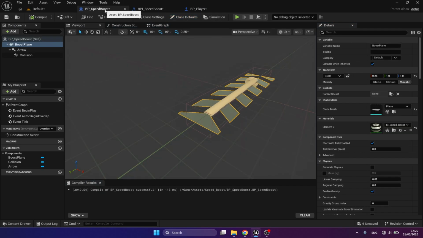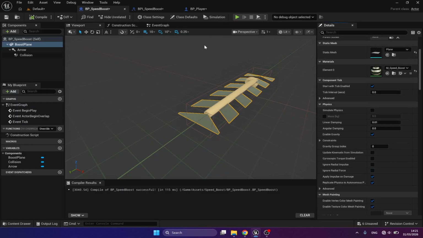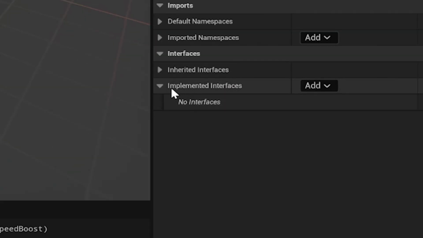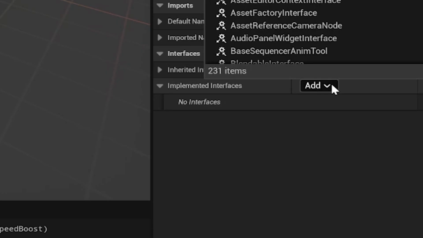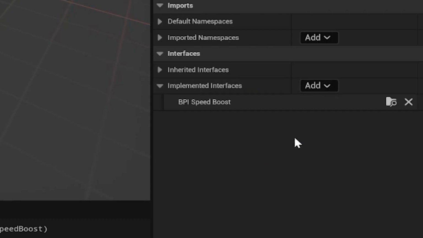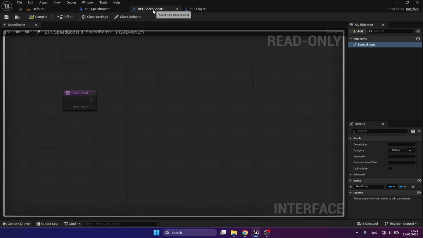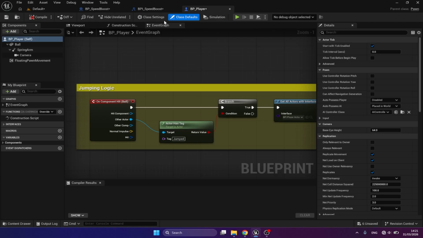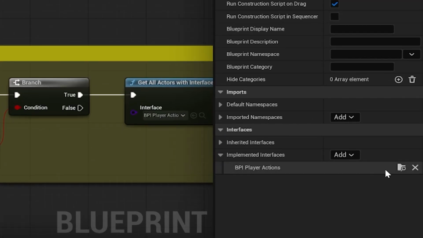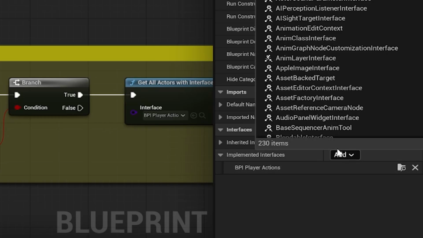Now, because we created a blueprint interface, we need to implement that interface. In order to do that, we are going to go to the class settings. And here under where it says implement interface, we want to choose add. We're going to type in BPI, and we want to choose the one that we just created, the BPI speed boost. I'm going to save this. And we want to do the same over here for the player. So let's go to the class settings, implement interface, and add